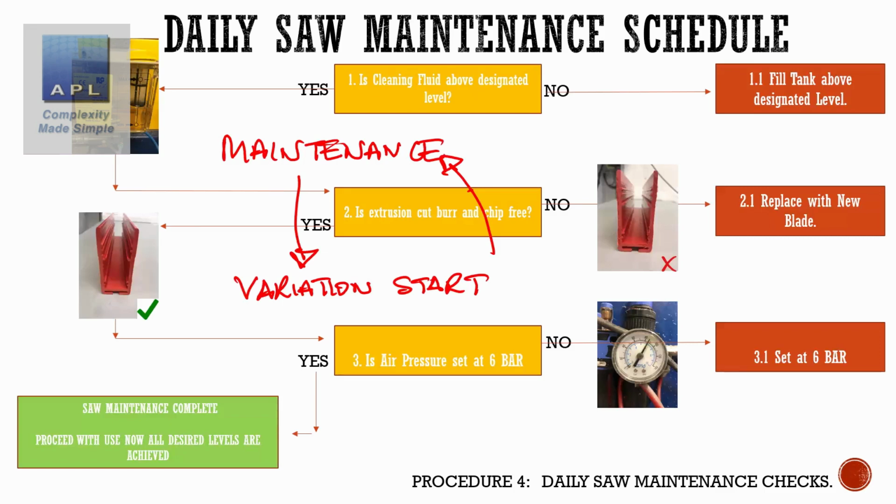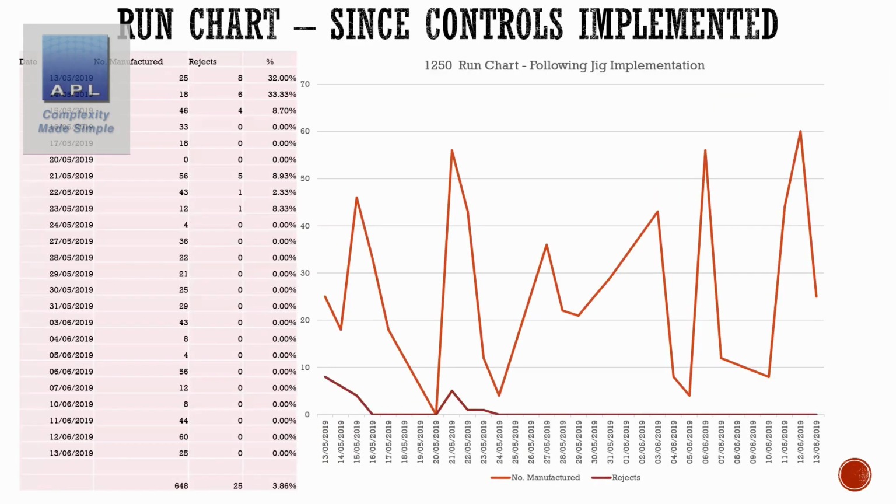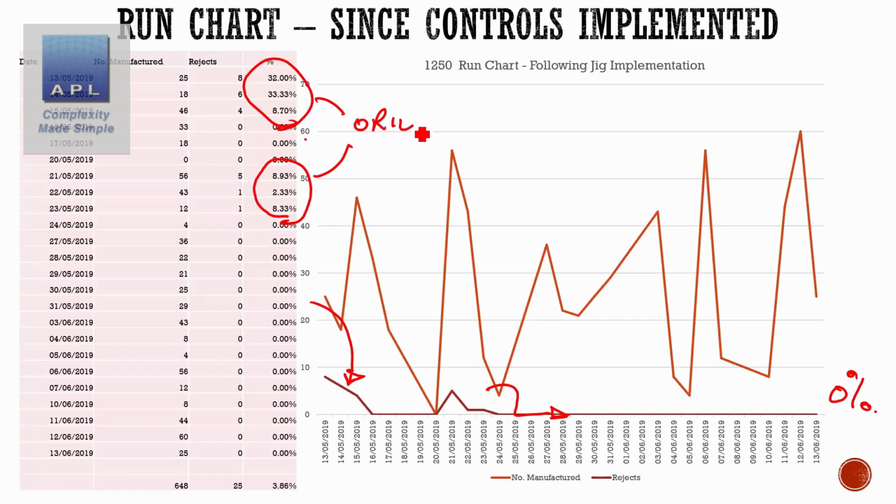They've put a jig in place to take all the skill out of the machining processes. And now if we take a look, what's happened? Well, the reject rate effectively has gone to 0. These terrible results up here, which are showing in the first few, was because they got the orientation, so just something had gone wrong. The orientation wasn't obvious, and once they made the orientation obvious, what's happened? The defect rate has gone to 0. Fantastic.